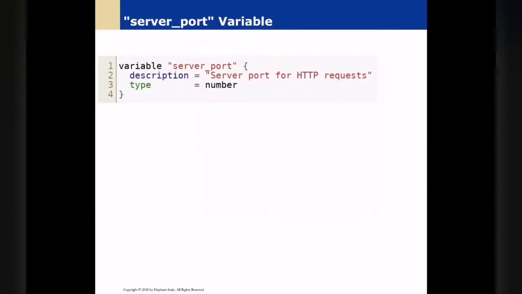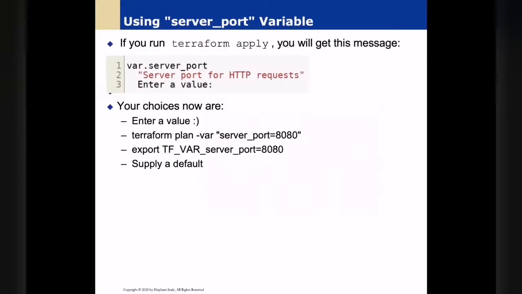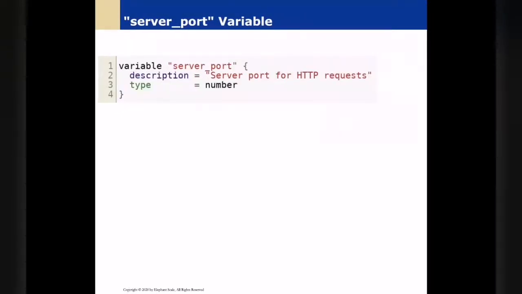In our particular example, what we're doing is saying, here's the server port, and it's a number. We didn't give it the default here, so we had to give it 8080. Now, in our code, we will then use it. We will say var, that's for variable. In other words, the compiler will look for the variable called server port. And where did we call it server port? Right here. That's where we called it server port.